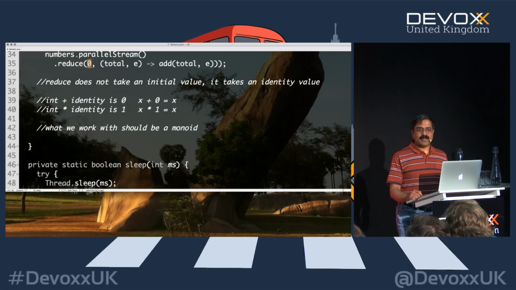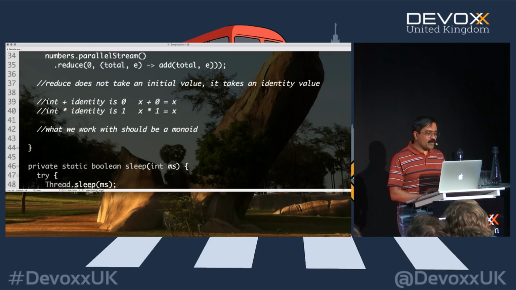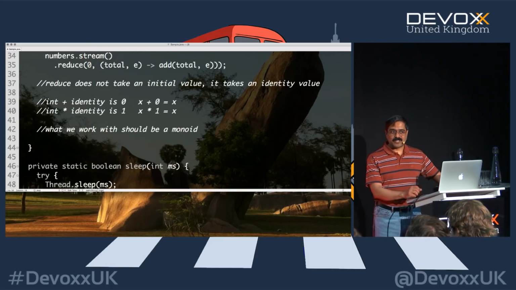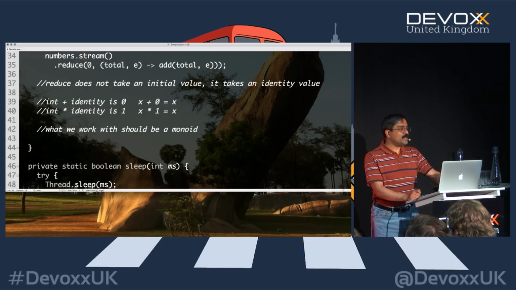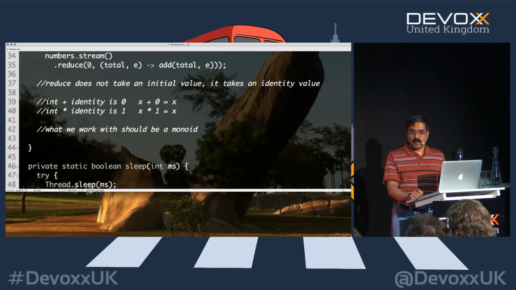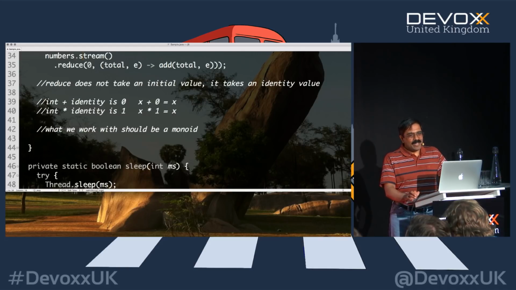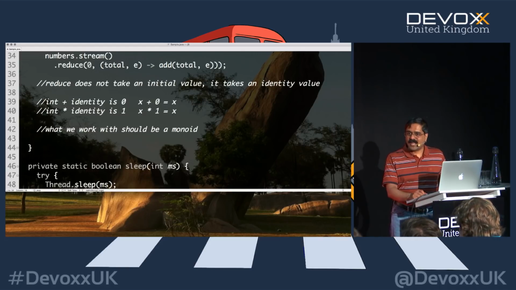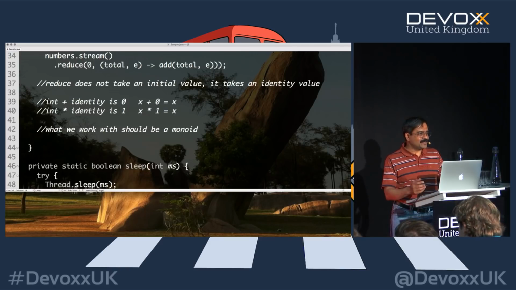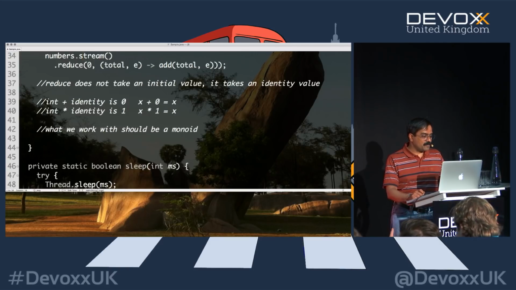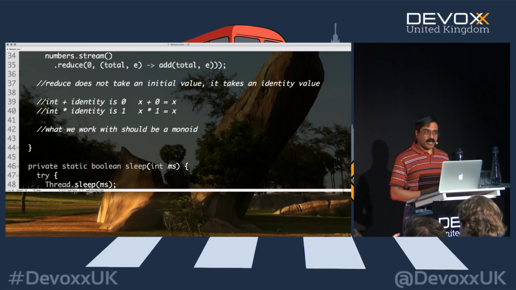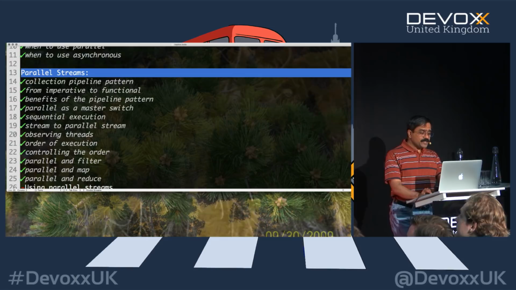Why? Because it may not really be a problem today when you're writing the code, because you're writing it sequentially. But 4 months from now, one poor developer, also known as victim, modifies the code to run parallel, and everything goes haywire. They are not sure why things don't work, and they may not realize at that point that the input given was not an identity value, and things are really becoming poor in correctness. So we need to take the time to understand what we are passing to it. That becomes very highly critical. So that tells us about reduce.